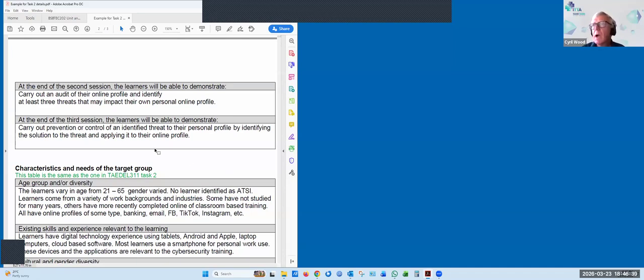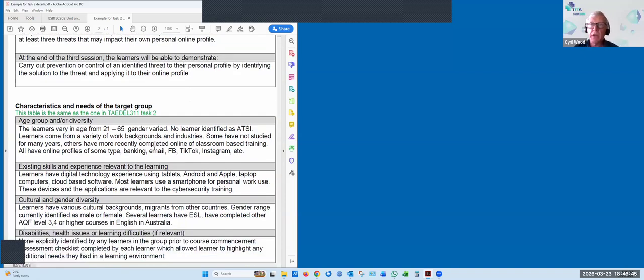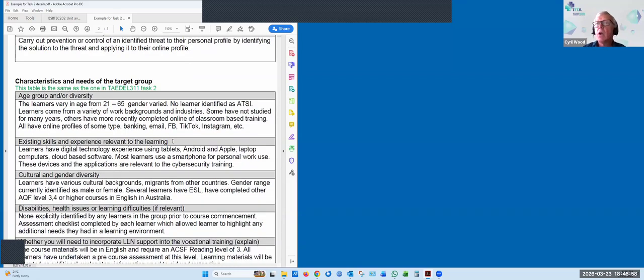So, the next part of task 2 is straightforward, because as a trainer, you can identify the characteristics of your learners, in a very reasonably general sense. We're not asking for huge sets of information, but you can see what I've written in. Just as I have an imaginary group of people that might come along to this class, that I've identified, and I've put various ages, 21 to 65, gender varies. I'm just saying no learner identified as an Aboriginal or Torres Strait Islander